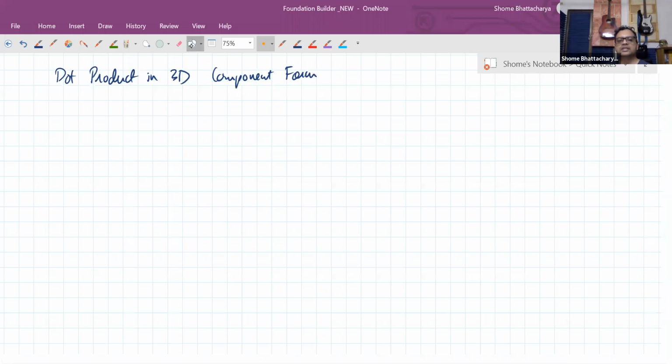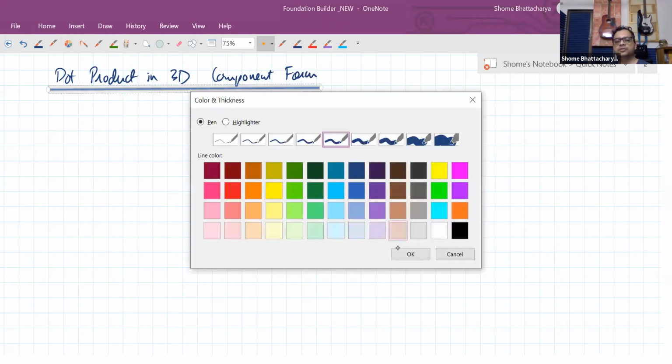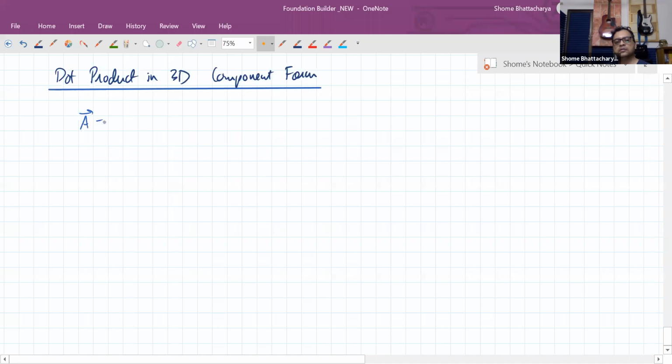So to just extend that formula we had got earlier, that if individually the vectors are ax i cap plus ay j cap plus az k cap and bx i cap plus by j cap plus bz k cap, then